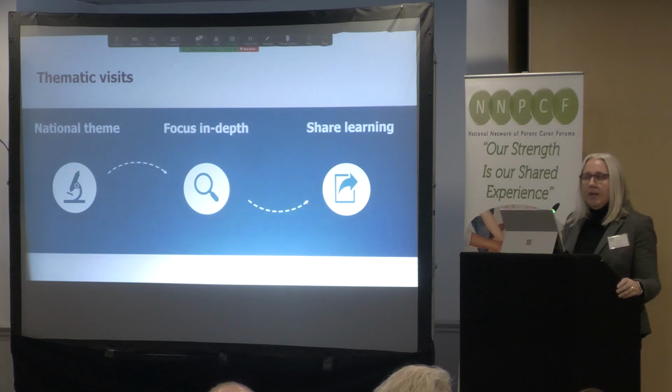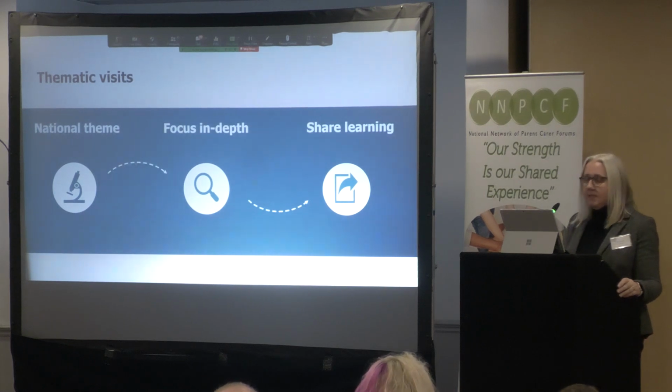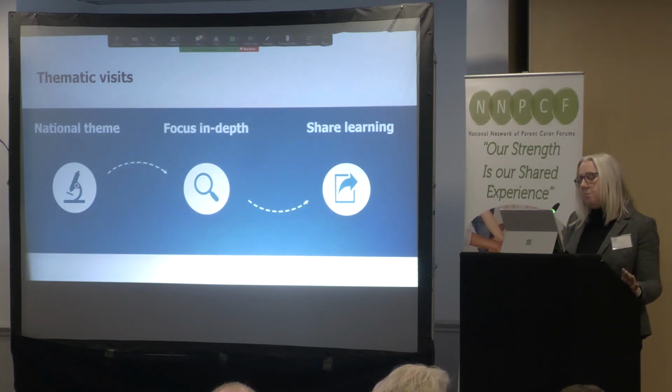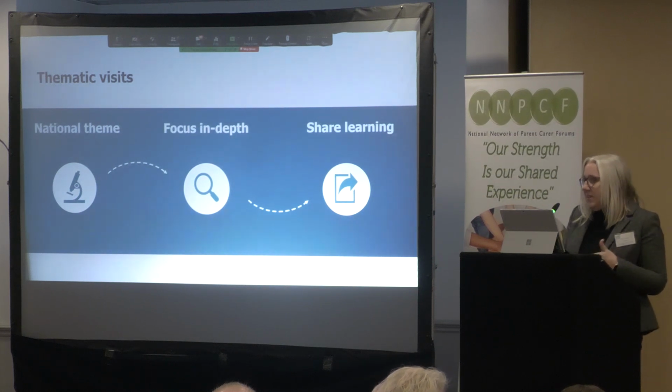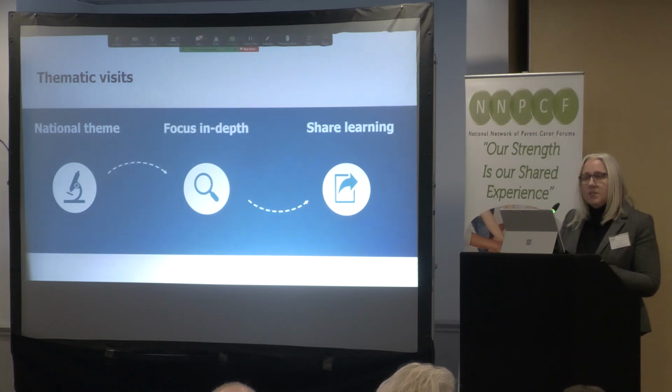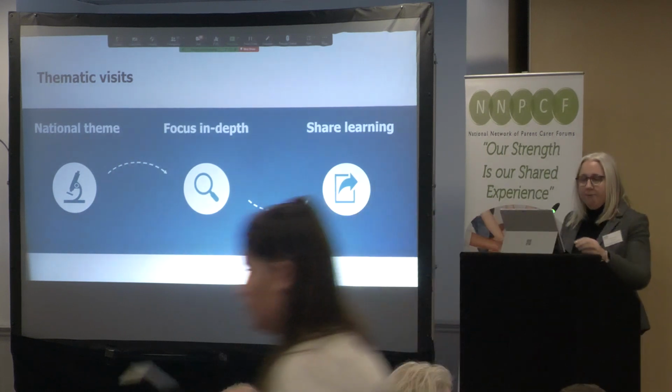Part of the framework as well is thematic visits. So as part of those new arrangements, we will carry out some thematic visits. And that will really be where we can go in and investigate a specific aspect of SEND that is causing concern, that we're hearing back through our reports, and we want an opportunity to look into that a little bit more and share the findings.